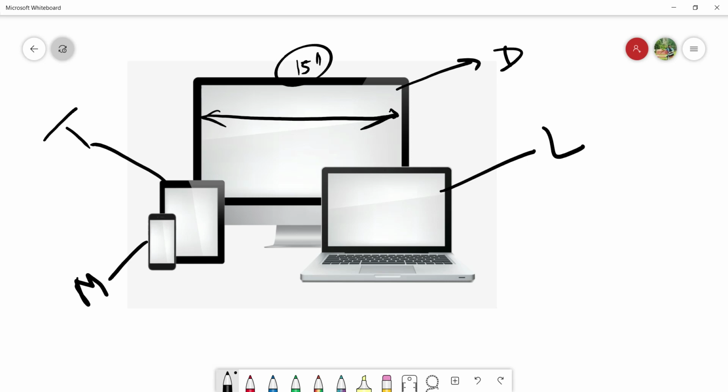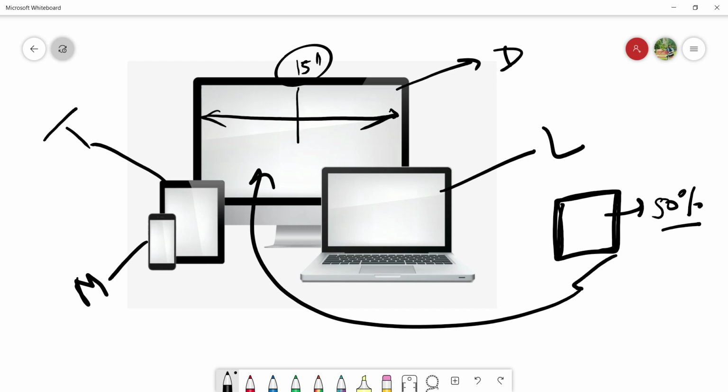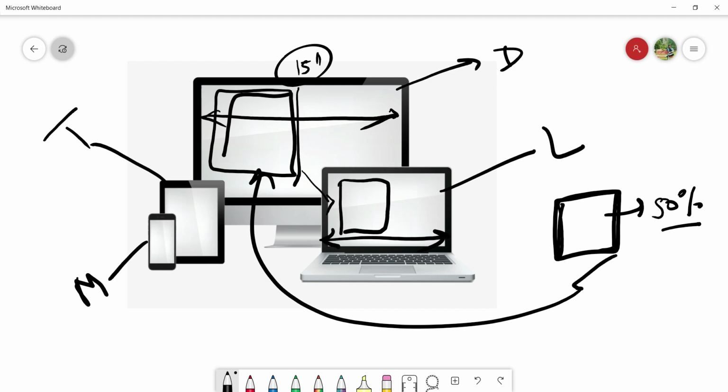If I am giving a width to any div, suppose I am using a div of width 50%. Okay, so this div takes the 50% of the screen here like this. And in this case also it will take 50% of this screen. Here percentage is not counting the number of pixels.